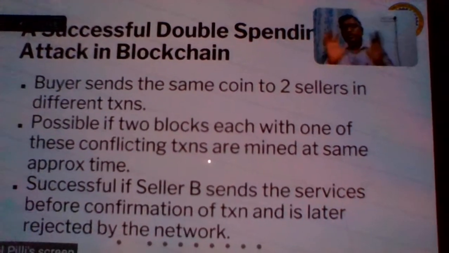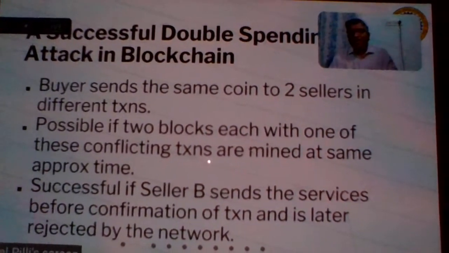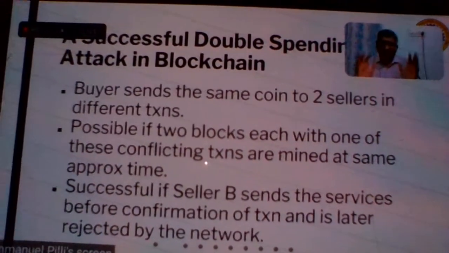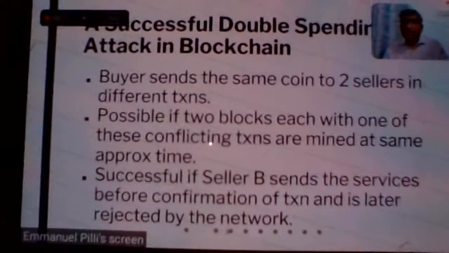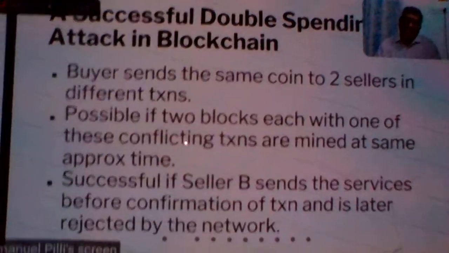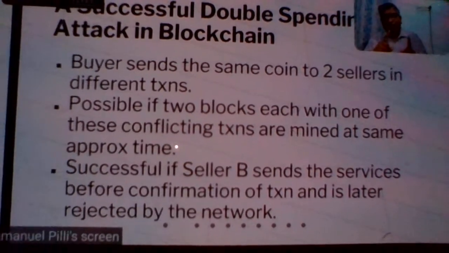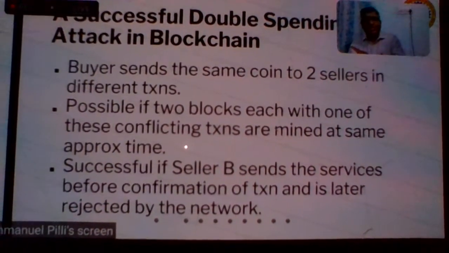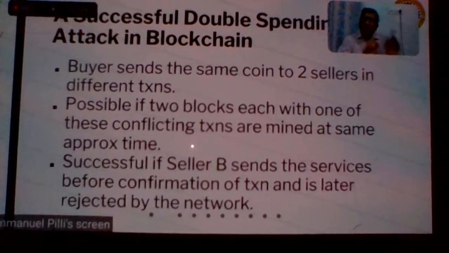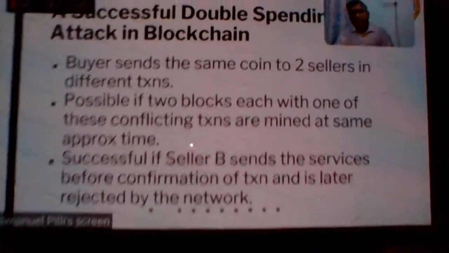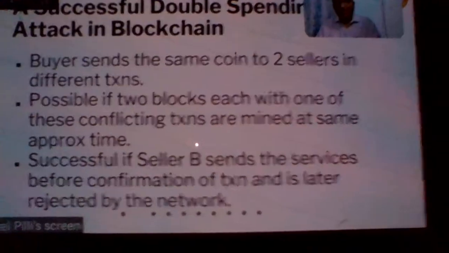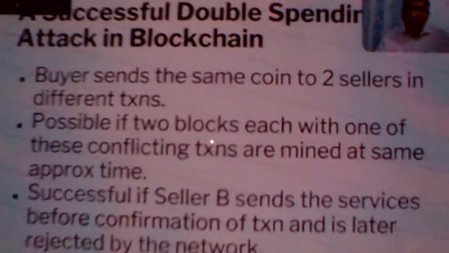So he sends out a software or maybe the online book, and he sends it out. Later he realizes the transaction is rejected. Then there is no way, because if one block gets accepted with that transaction, the other block is supposed to fail because the transaction is not a correct transaction. So these are issues which come.